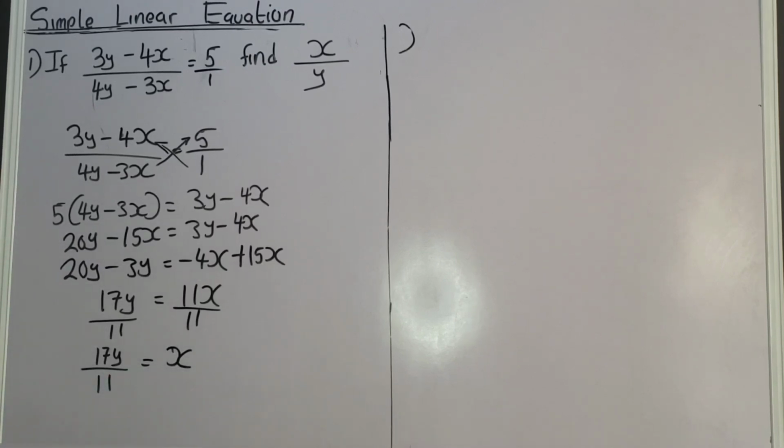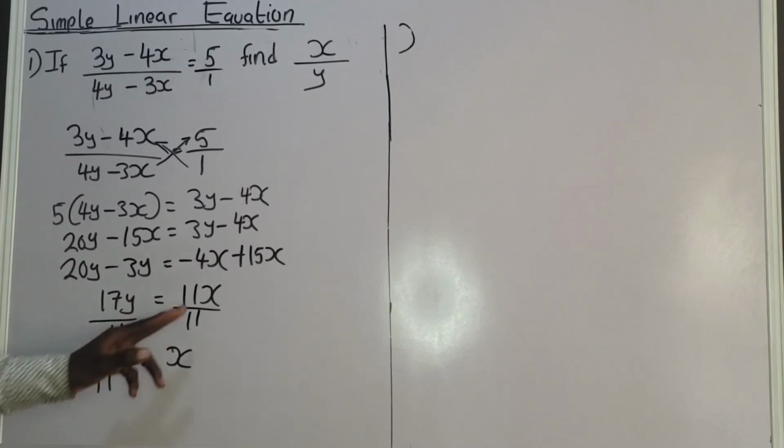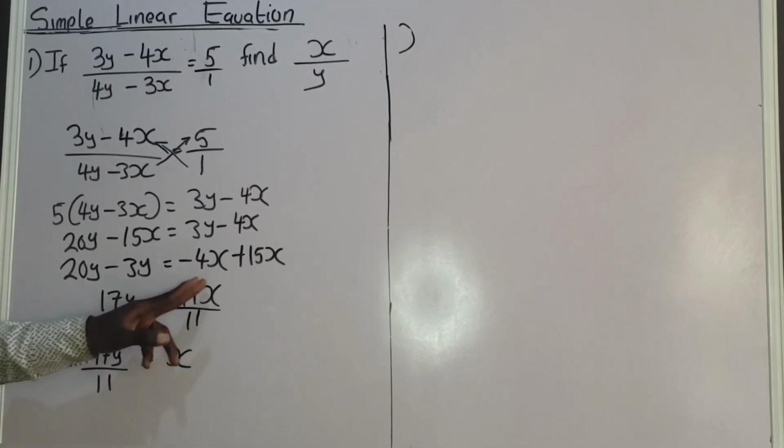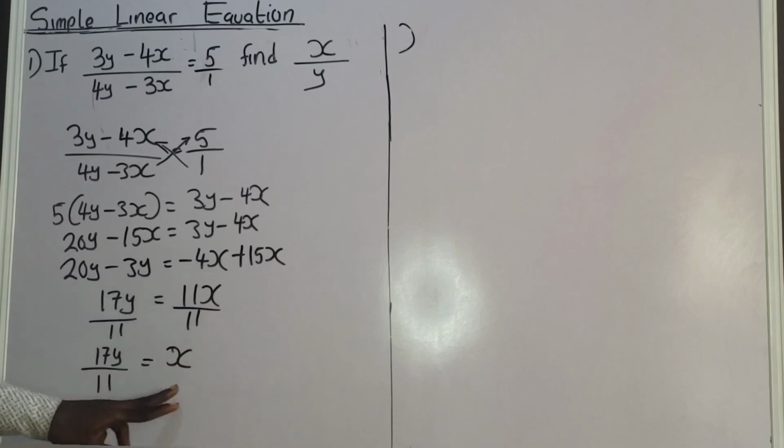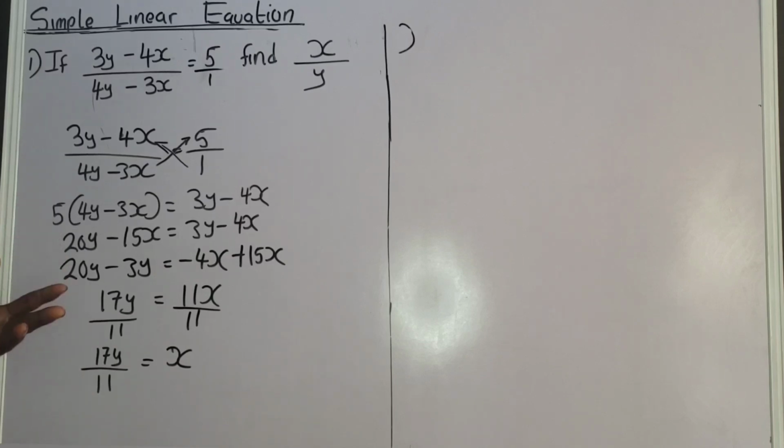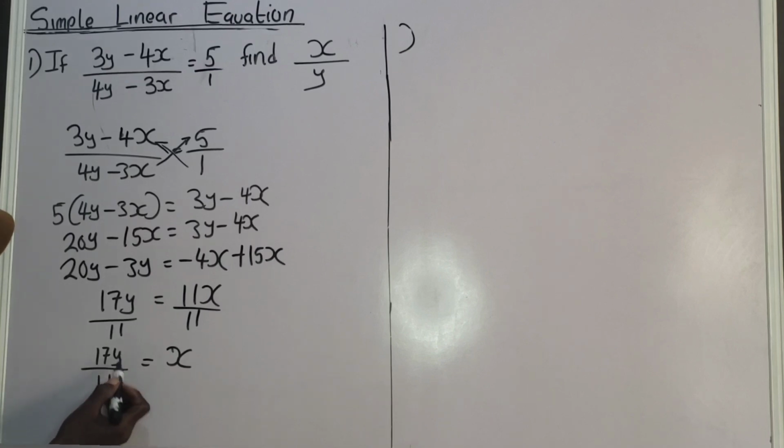Do you understand? If you don't understand, pay attention again. Our goal is to determine the value of x over y. You understand? So I have gotten to this point. So I divide both sides by the coefficient of x, which is 11. So this 11 will cancel this 11. So I'm left with what? x. Now, the next step here is to divide both sides by y, because I'm looking for x over y. Okay? So I'm going to divide both sides by y. This divided by y, this y will cancel this y,